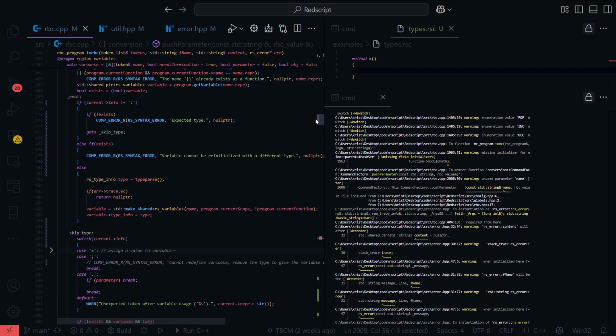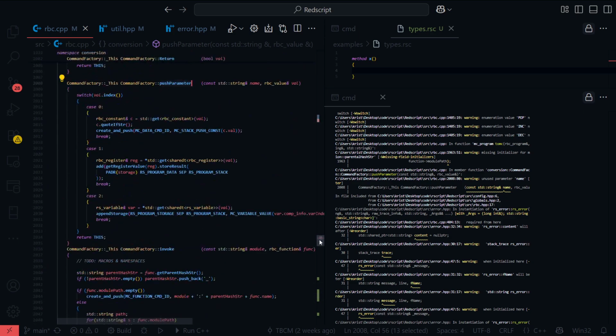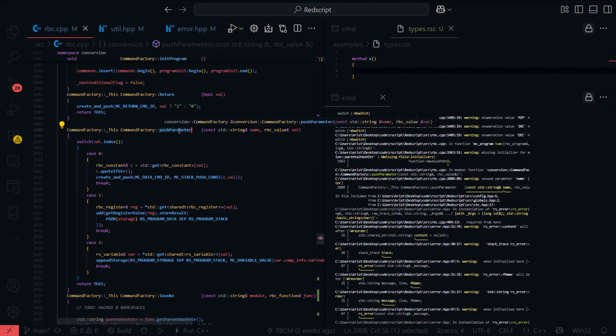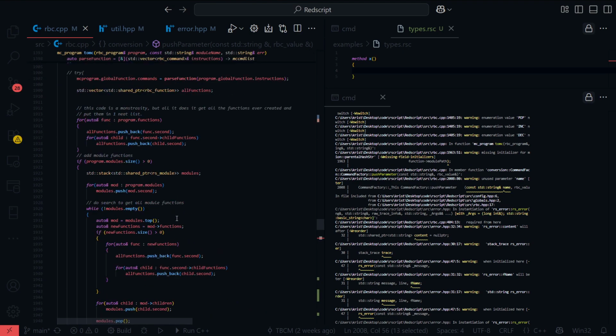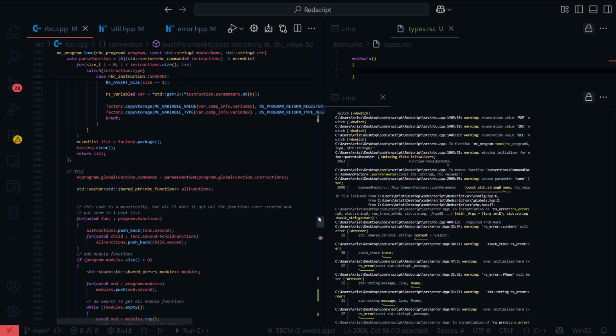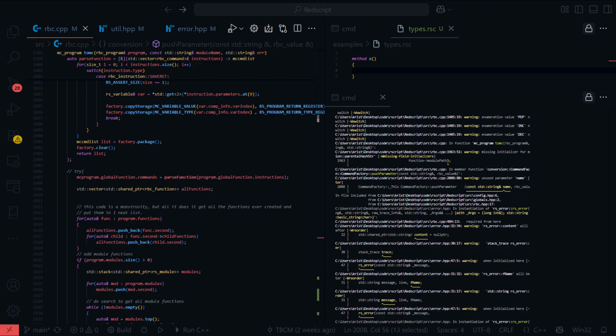Really? I don't call push parameter. Of course I call push parameter. What are you on about? Why would I have made the function in the first place?